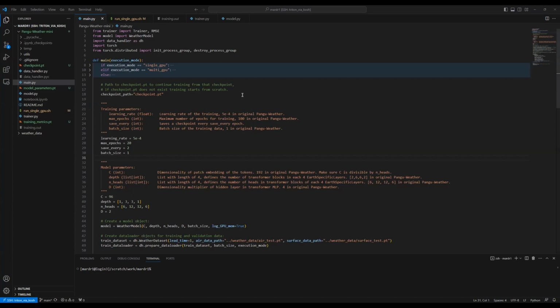So this is VSCode, and you can connect VSCode to a remote host. In this case, I have connected my VSCode to Triton.